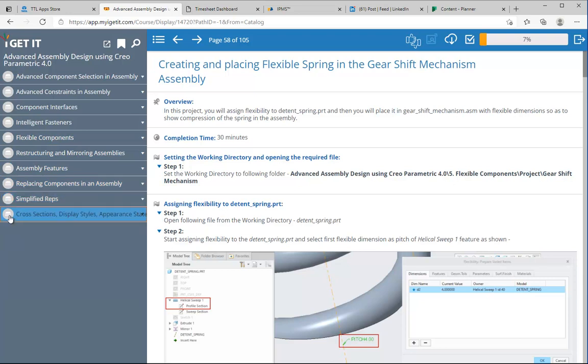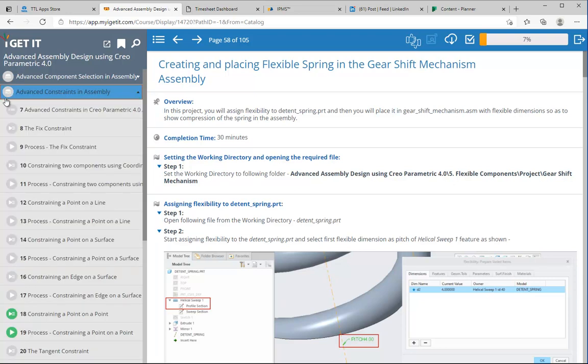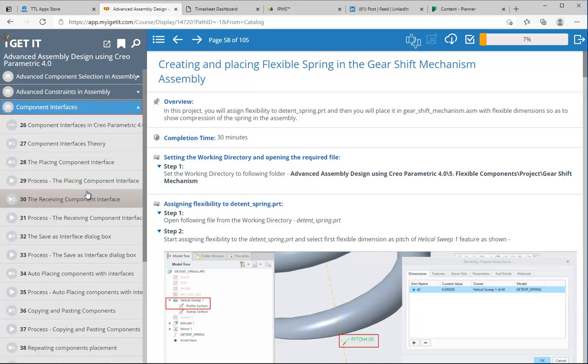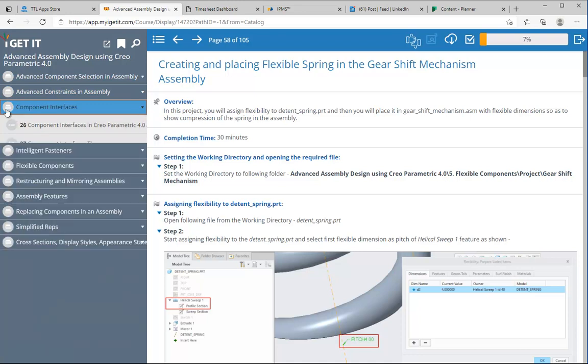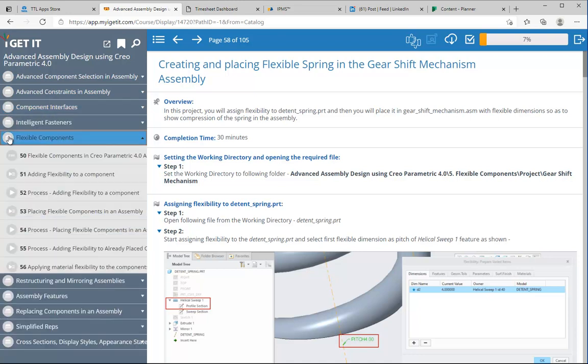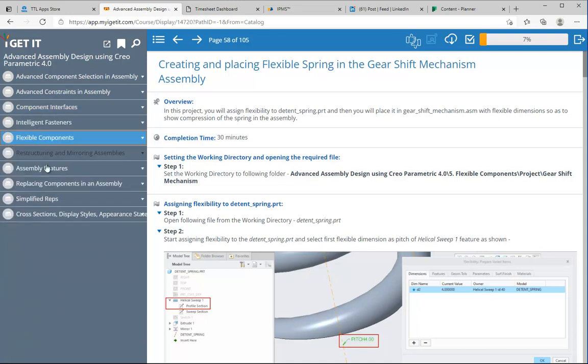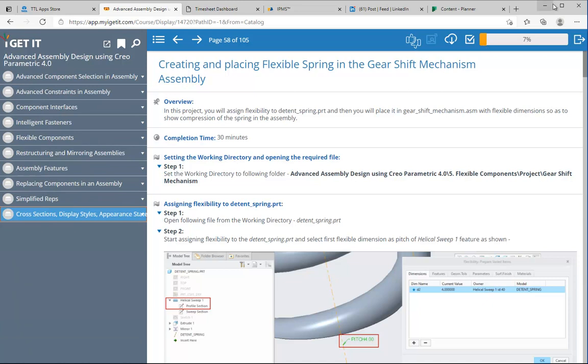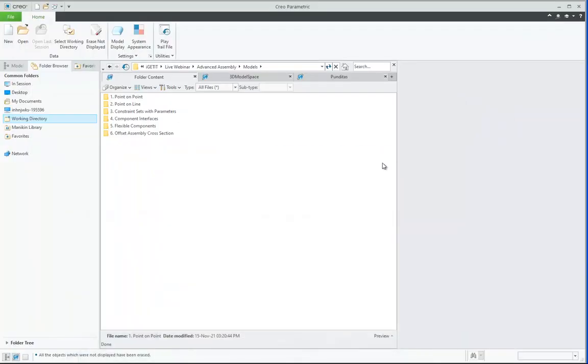Out of them I will focus on three topics: advanced constraints, component interfaces, flexible component, and cross section. So now let us begin with today's session.